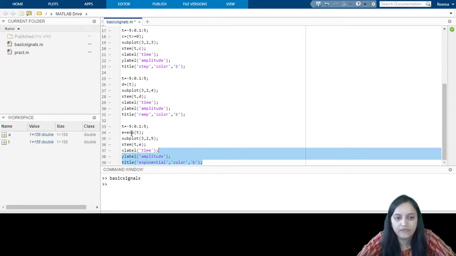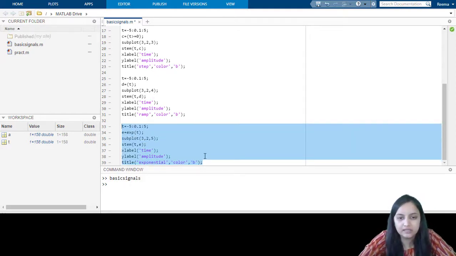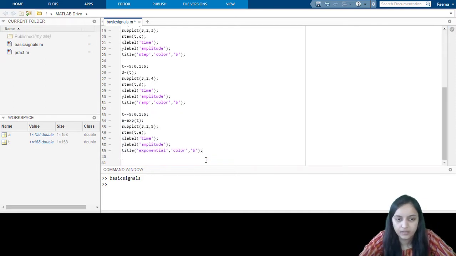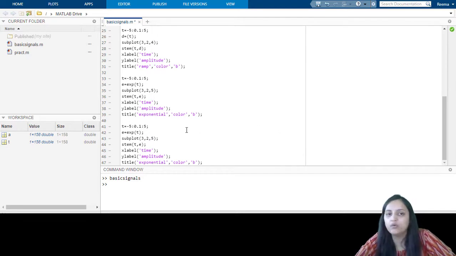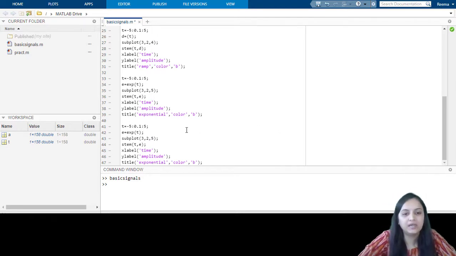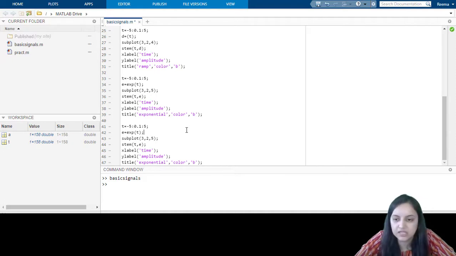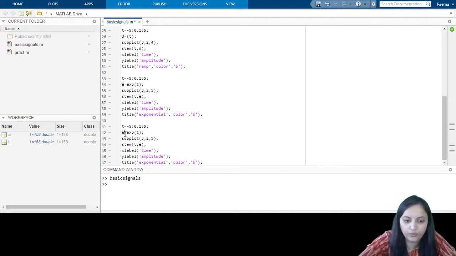Now in the same way we are going to plot the last signal, that is the impulse signal. We know that the impulse signal has a value at the 0 value only. That means at time t equals 0 it gives the signal, otherwise it is 0.